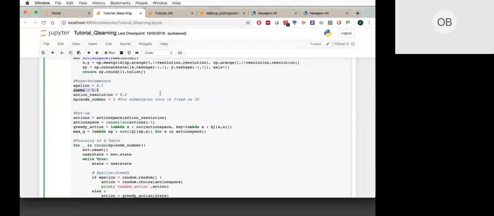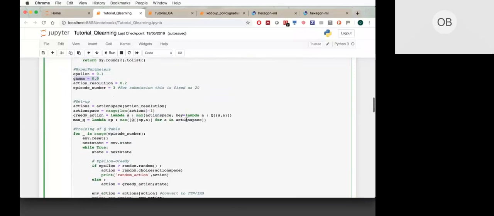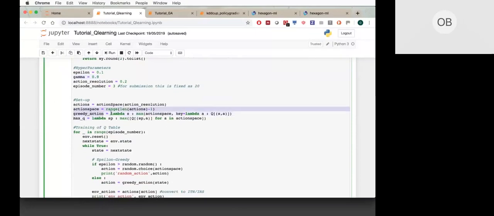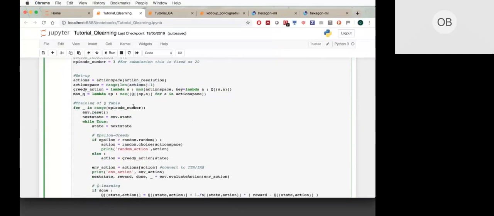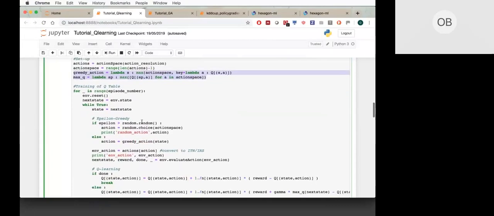Okay, so we have our action space at a defined resolution. This is split up into a numerical set of actions. Now, this is more advanced Python code here with the lambda functions, so I'll just give a high level without spending too much time. Essentially we're still storing the Q values for the greedy action and the maximized value of those Q values. So if we run over 3 episodes, as we said before,